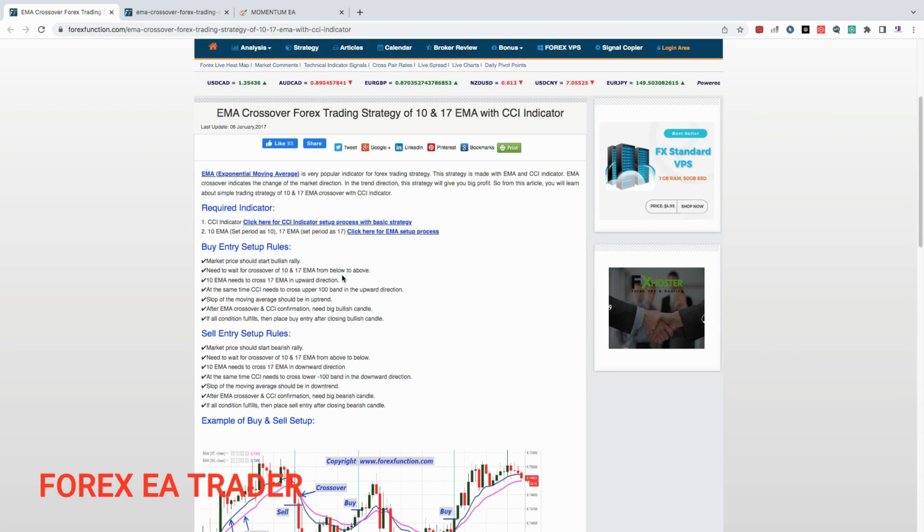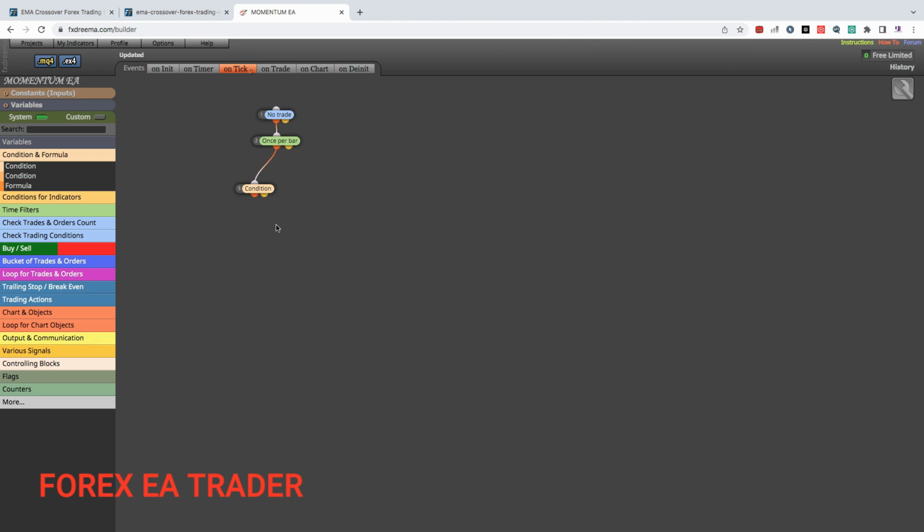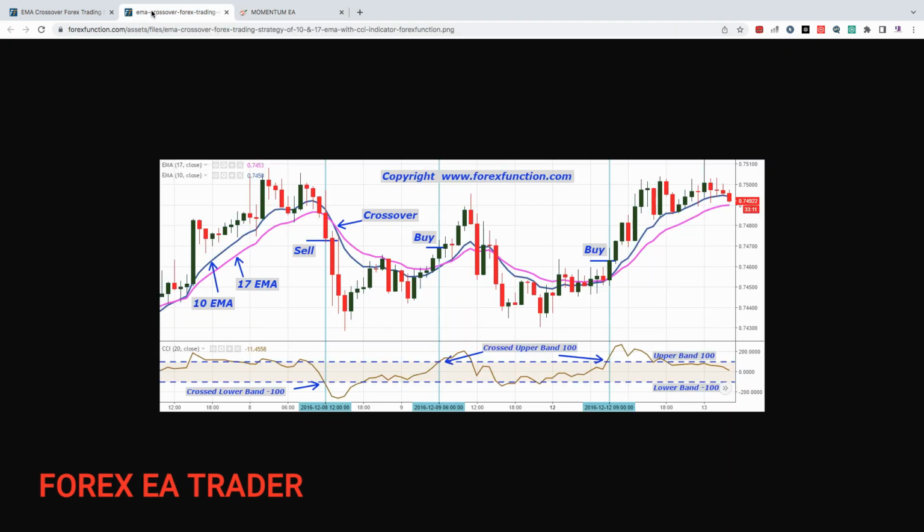So it needs to cross 10 above 17. That's what we need. Then we need to set exponential, and we are going to use closing price, or you can decide on what price you want, but I'll just tick that, and I'll tick that so that I don't always have to come back to FXdreema to change those values. You can change them in MetaTrader 4. Then the next condition